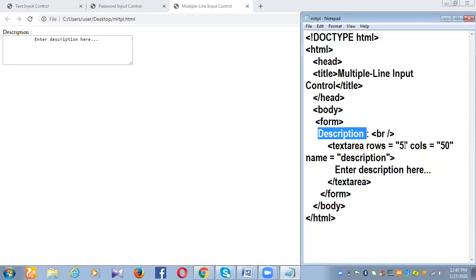So let me just change it for you. 50 I'll do and 5 I will do here. A small modification. I will save the program. I've saved it. Now let me refresh the page for you. See how it changed, how the box has changed. Okay, how the control has changed, right?